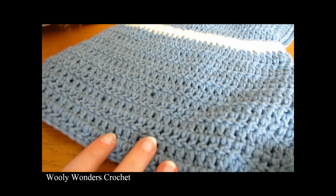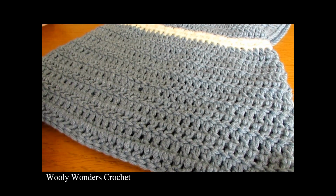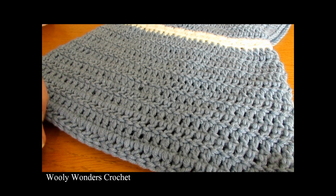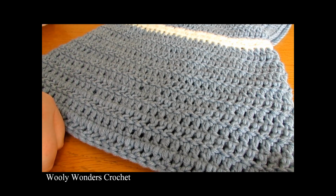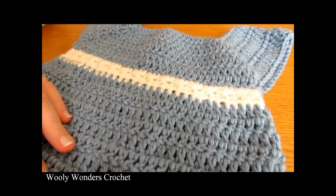And once you have done that, this is what you will have. You will have the skirt of your dress finished. And then once you have the length that you like, work your last slip stitch and fasten off. So pull your yarn out and your hook and cut your yarn. And then you want to go ahead and weave all of your ends into the inside of your dress. So take a yarn needle and make sure that all of the ends are woven